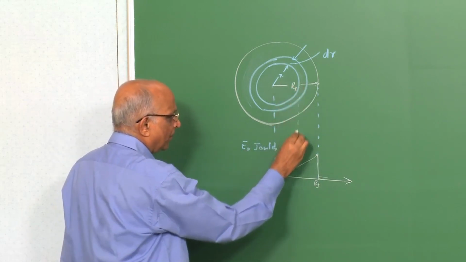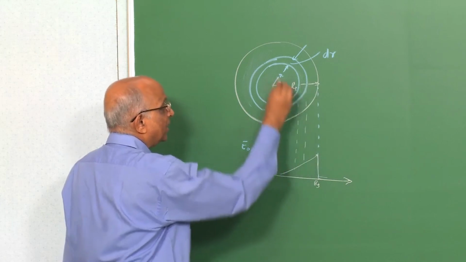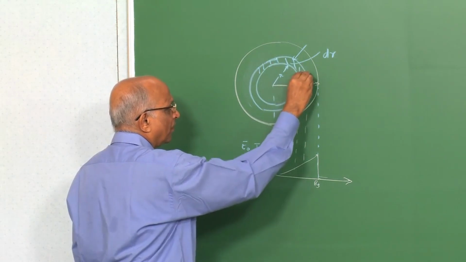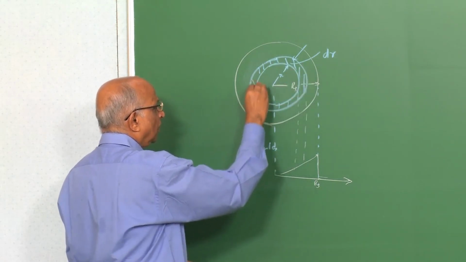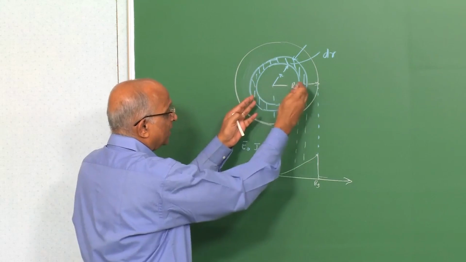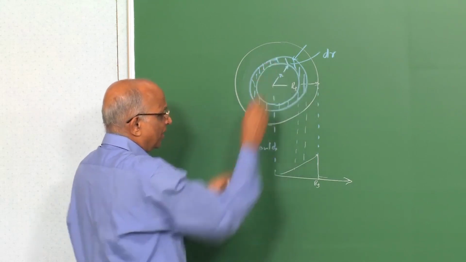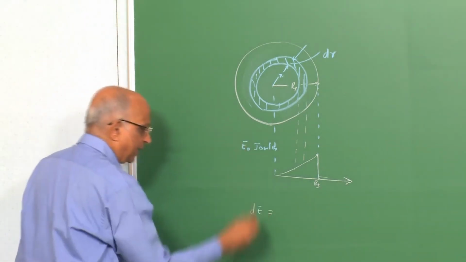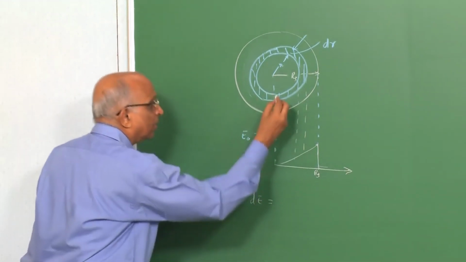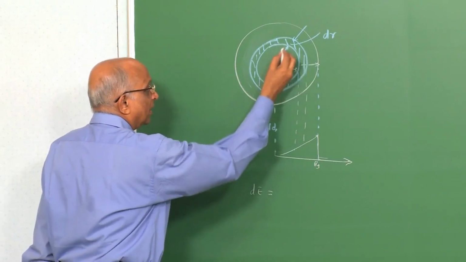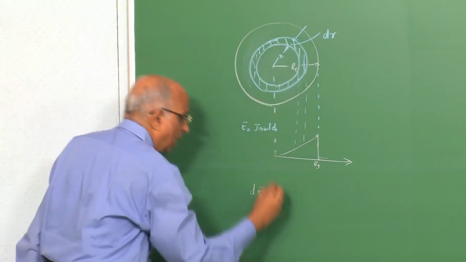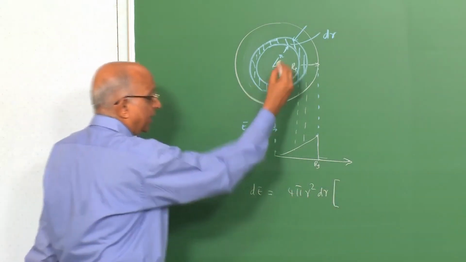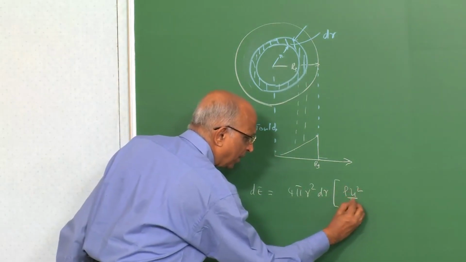We were interested to write the energy which is contained in this small spherical shell over here, element of the shell over here. That means the blast wave is here, the energy gets dissipated. I am just interested in the energy here, and we got the expression dE is equal to the kinetic energy. And what was the kinetic energy? The volume of this element is, the surface area is 4 pi r square into dr, which is the volume, into the kinetic energy per unit volume, rho u square divided by 2,